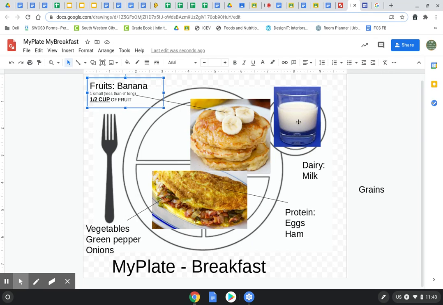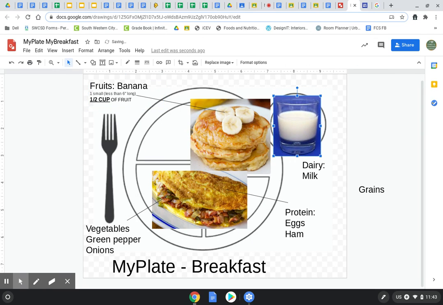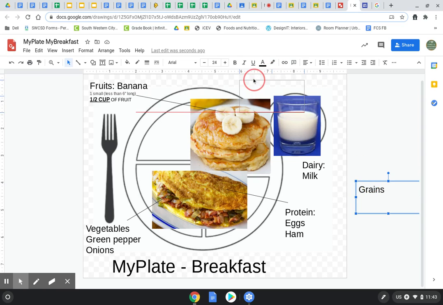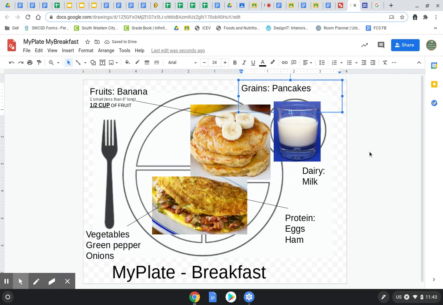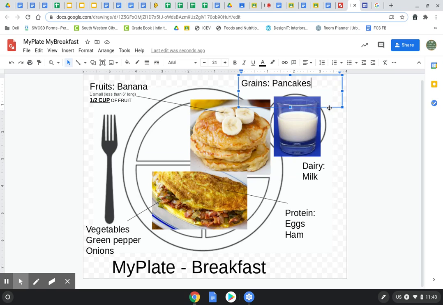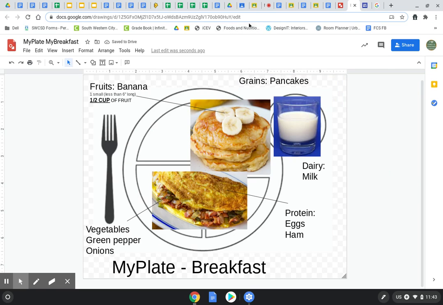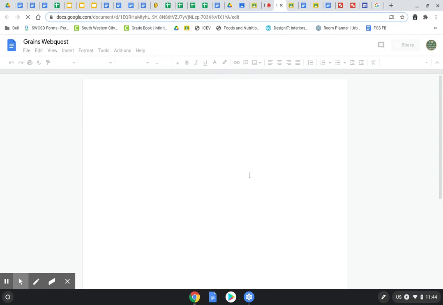Okay, so for my grains, I had pancakes. And I may need to shift some stuff a little bit because I'm going to run out of space here, I think. But I'll worry about that once I get the information in. Okay, so I'm going to open my grains web quest because I know pancakes was on my grains web quest